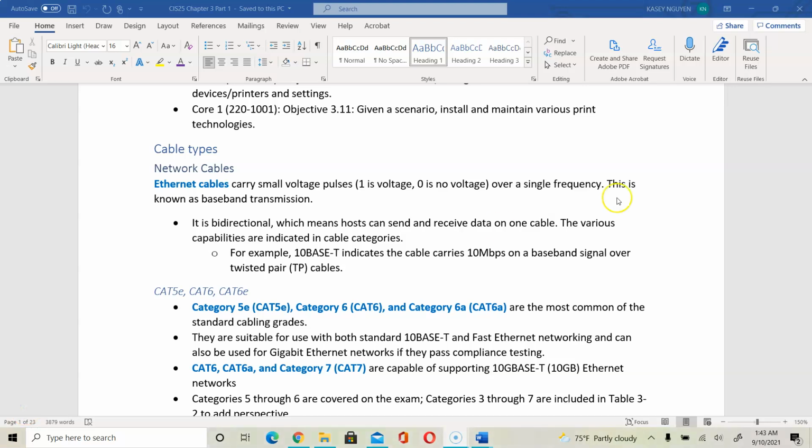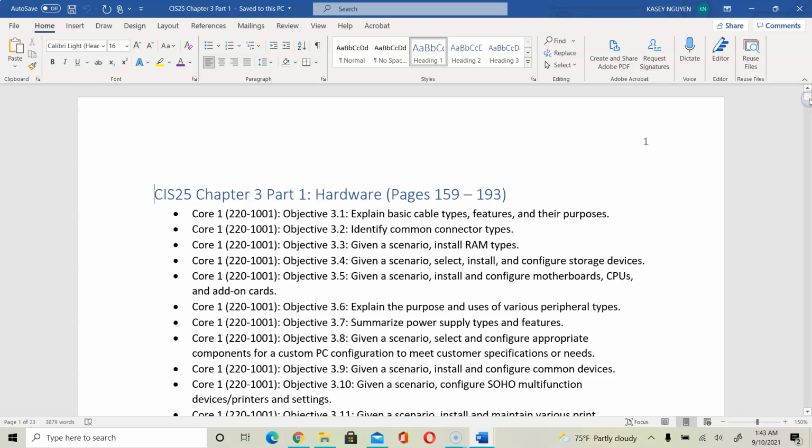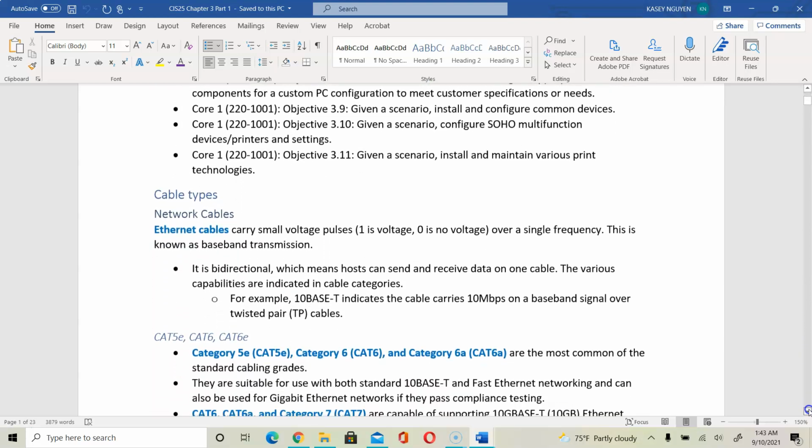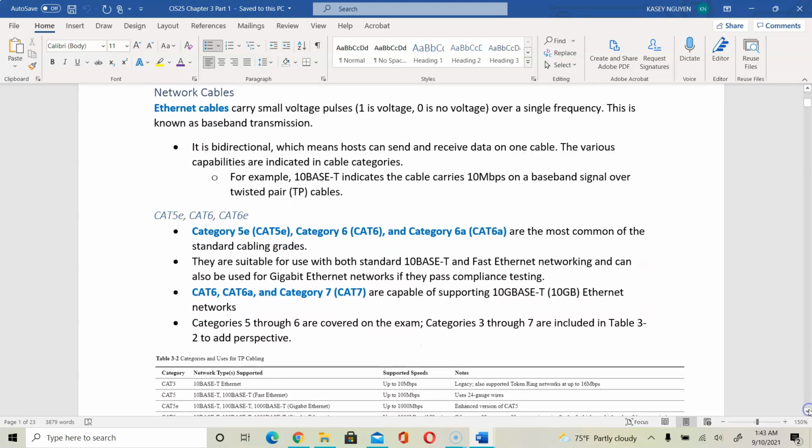Hello, CIS25. In this video, this is part 1 of Unit 3 lecture, or Chapter 3. We are going to talk about cables, including network cables along with your USB and other types of cable and ports. So in this chapter, it begins with talking about network cables, and in the first week, we actually